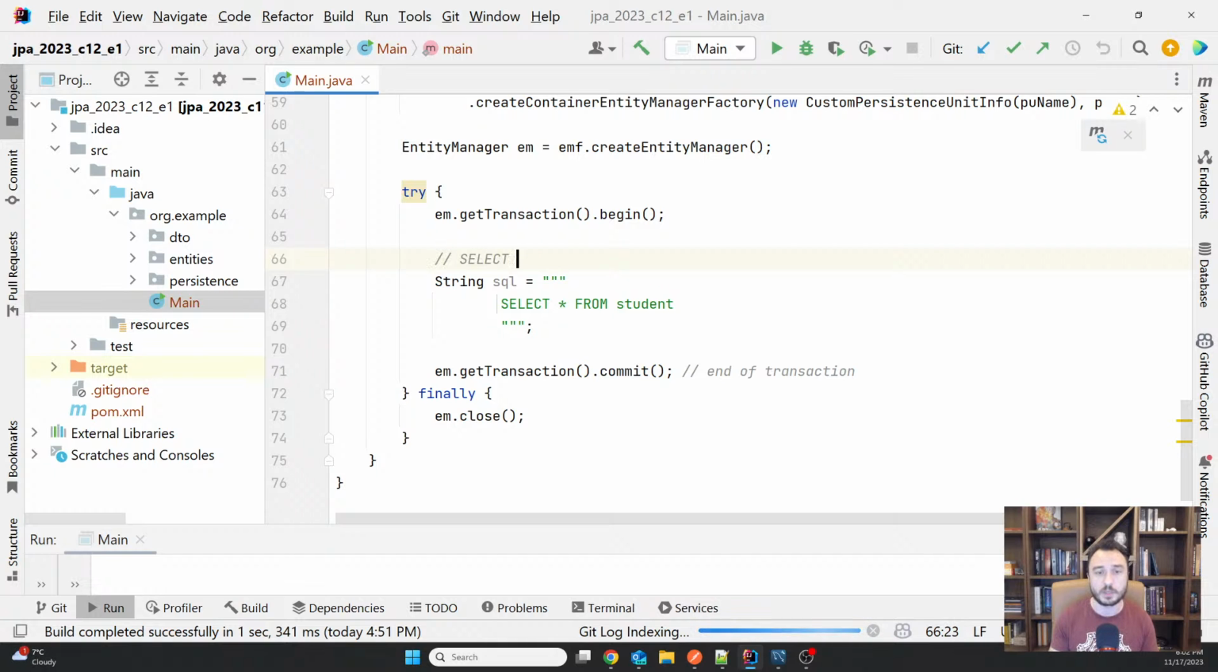Remember, the JPQL would look something like this: select S from student S, and there's a very big difference between how the JPQL looks and what these things represent here. So this student here, it's an object. This is a declaration. You can see the standard syntax for declaring an object, and then you use the object